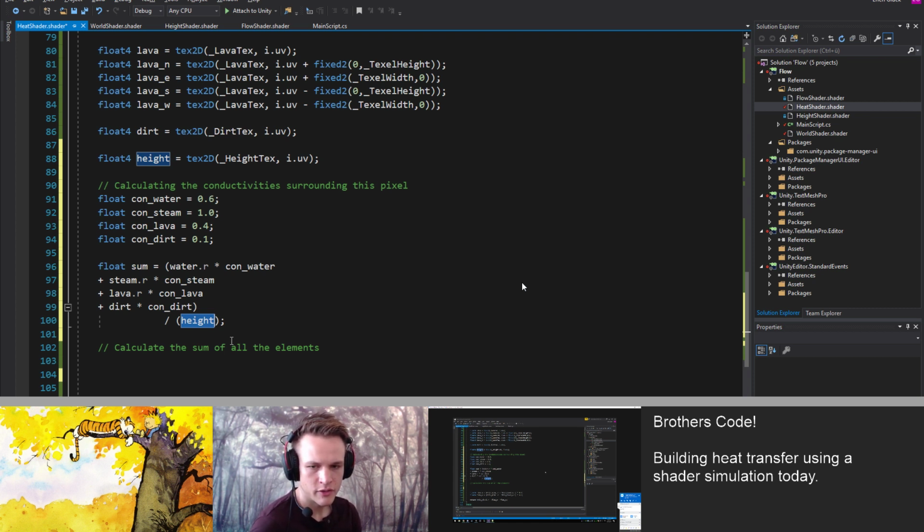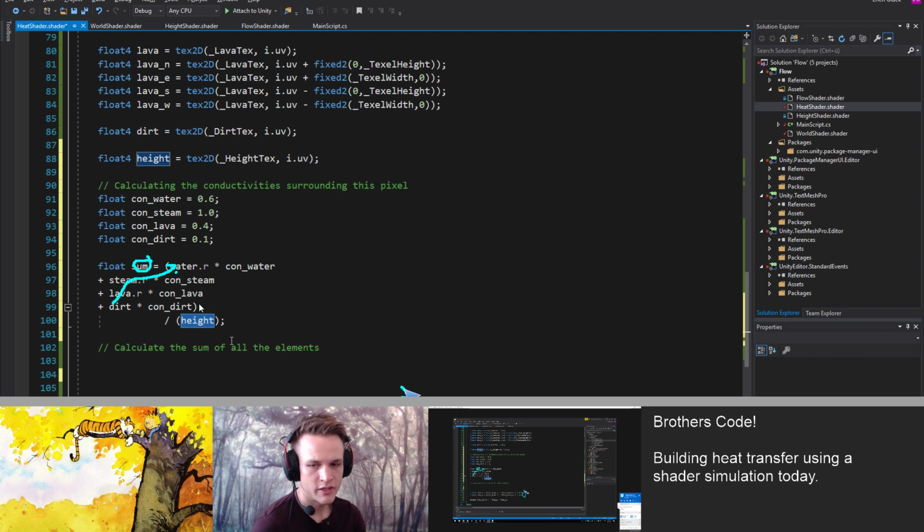The reason we're doing this, so what are we doing with this value? We're taking the sums and just multiplying them together, right? If the height is 0, then necessarily all of these values are 0. So when we actually end up multiplying it down here, that's just going to end up being 0.